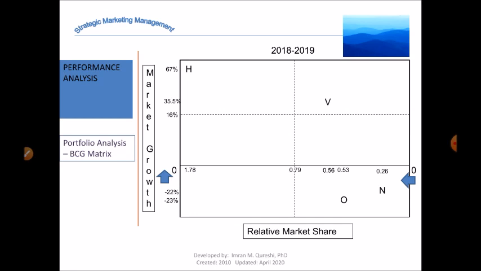Why is Oppo dropping? Oppo was in the stars in 2017-18. In 2018-19, they're dropping into dodos. So why is this going on? That is the most important thing to find out: what is happening with this data, and why are these changes happening?